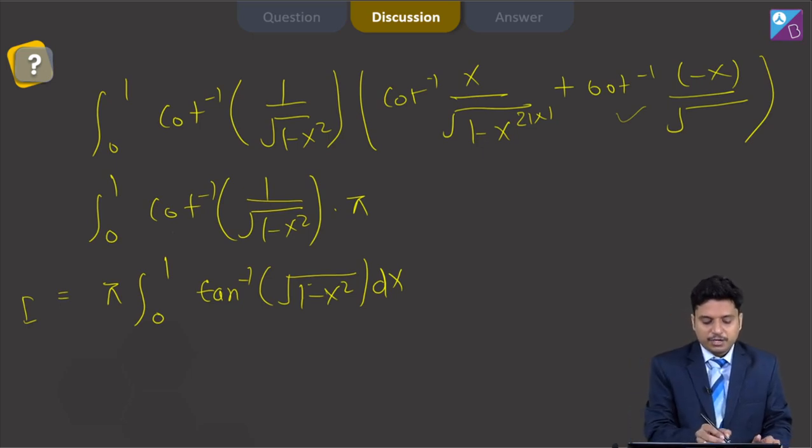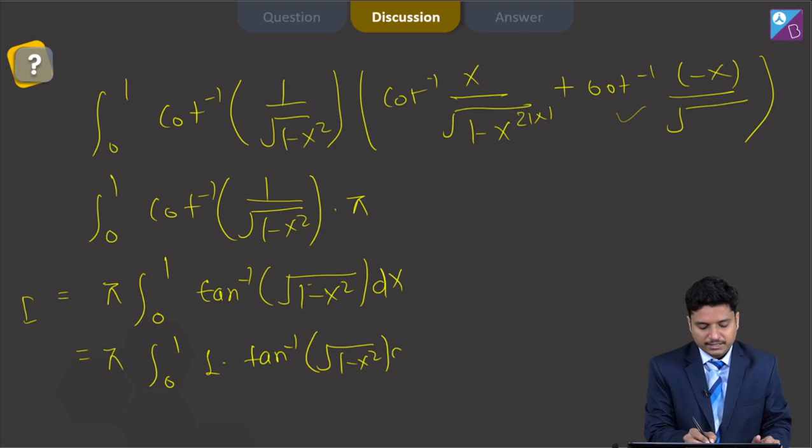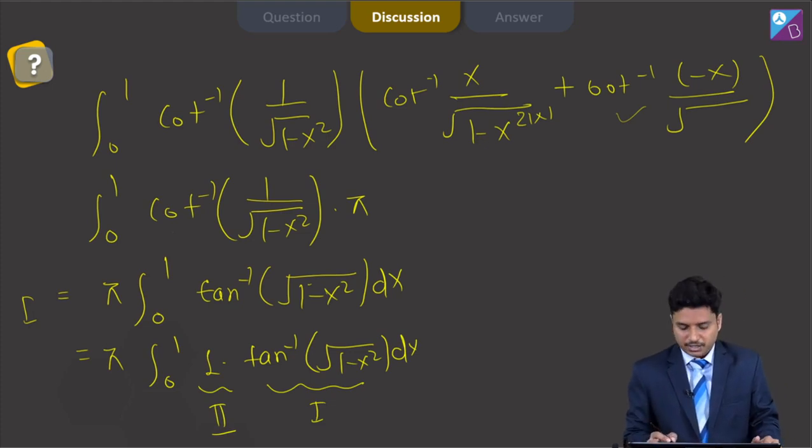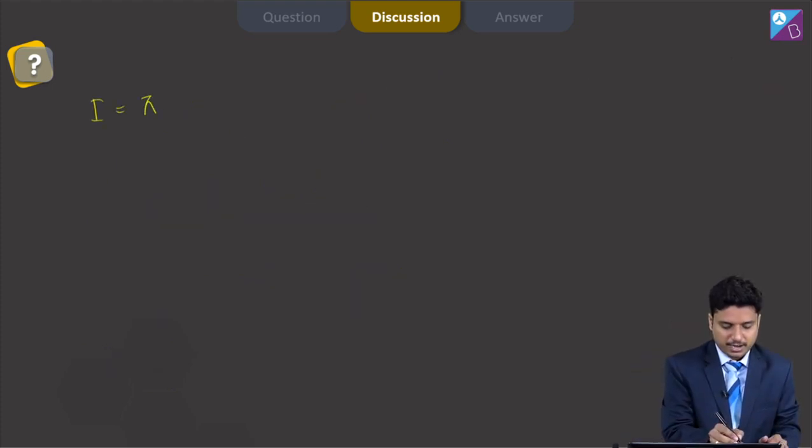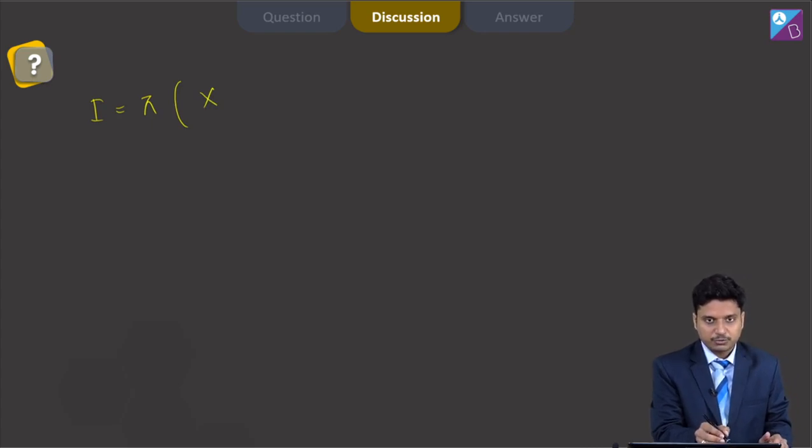Now simply using integration by parts, 1 into tan inverse under root 1 minus x square dx. This will be considered as your first function, this will be considered as your second function. So I is equal to pi, x will be there for the first function into the second function's integration. So the second function is 1, so its integration will be x into tan inverse under root 1 minus x square will be there,